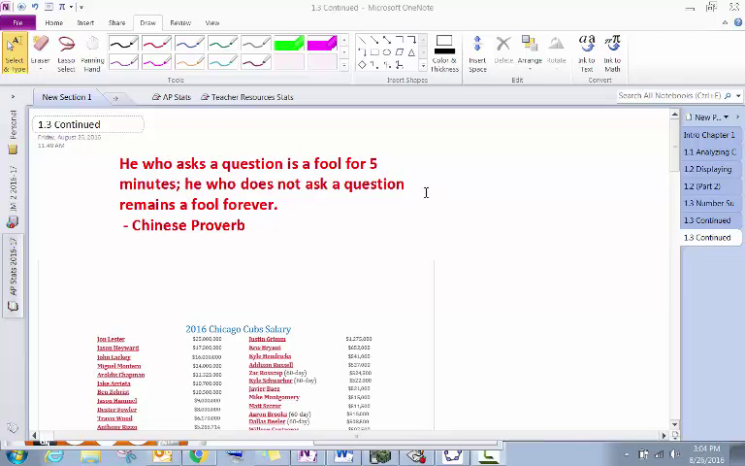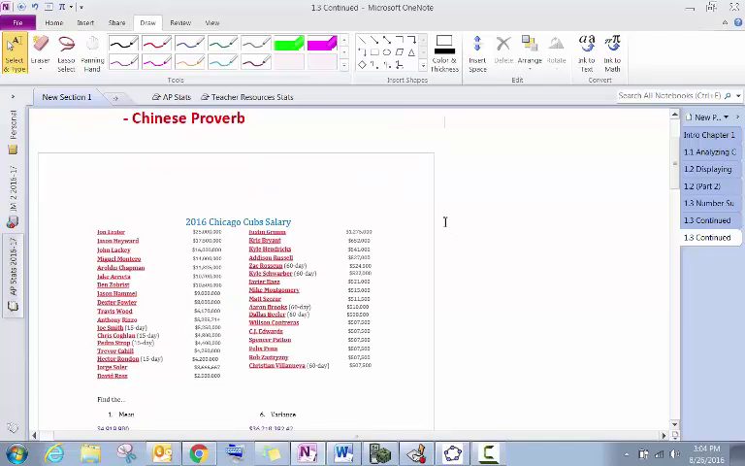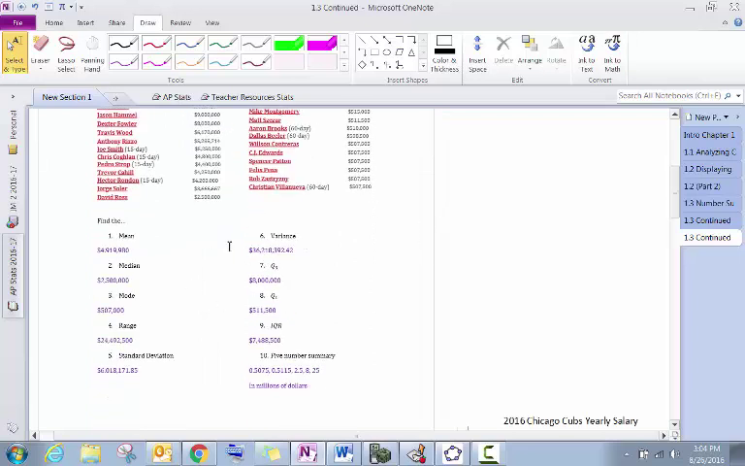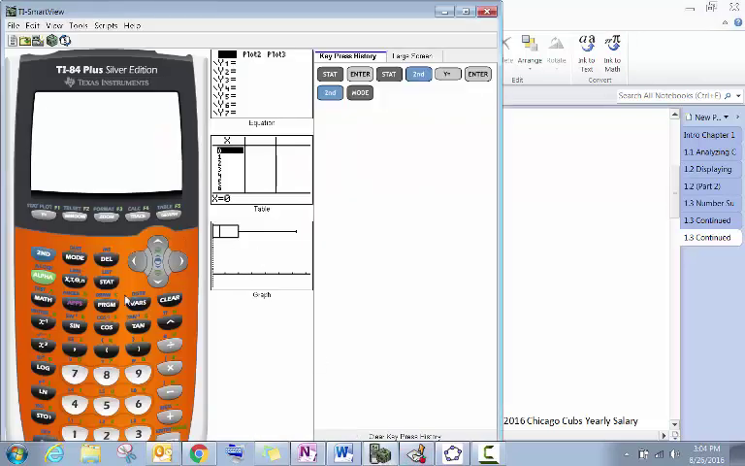And we're going to look at how to do box plots, and we'll hit histograms again on the calculator as well as our 5-number summary. So if we're looking at our Chicago Cubs salary, what we did the other day, we have our mean and all this stuff. Again, if we want to see how we can do that,